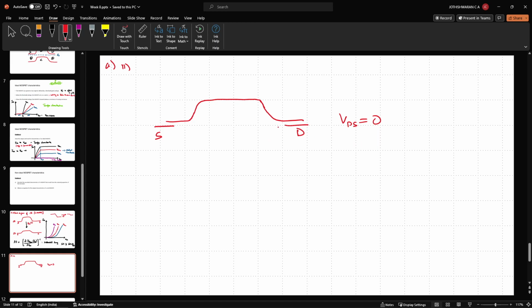Now what happens, let me assume that I am applying a positive voltage at the drain. Now if I am applying a positive voltage here, that implies the drain conduction band will start going down, it will move down, because the energy change is Q times V, and Q, the charge of the electron, is negative. So increasing VDS will actually bring this down on the energy scale. Okay. So as VDS is increased, what will happen is